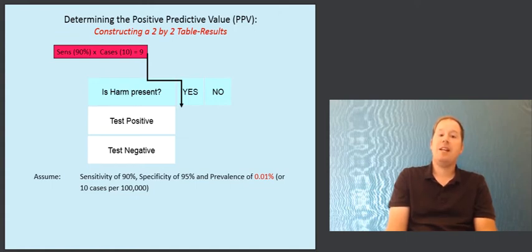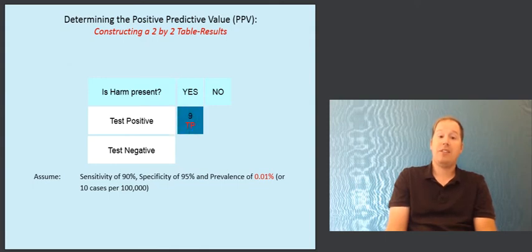The test will be 90% accurate, which means out of 10 cases, the test will pick up 9 of the 10 true positives. So the answer would be that for people who have the condition, given a positive test result, 9 of the 10 will reflect true positive test results and truly identify a person who has the disease.